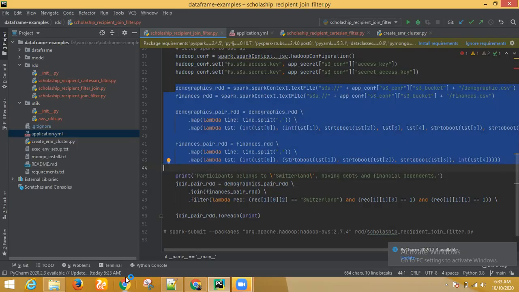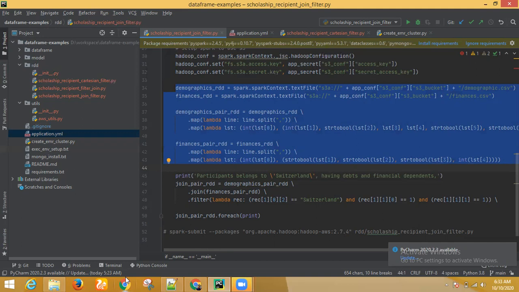In that, we cast the fields from string to Boolean and integer. The same applies to the finance pair RDD: we read the file, split by comma, and apply the same string to Boolean and integer casting.